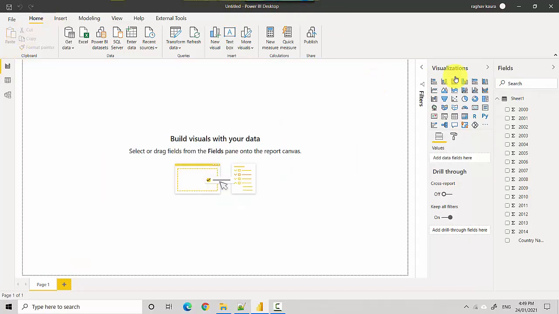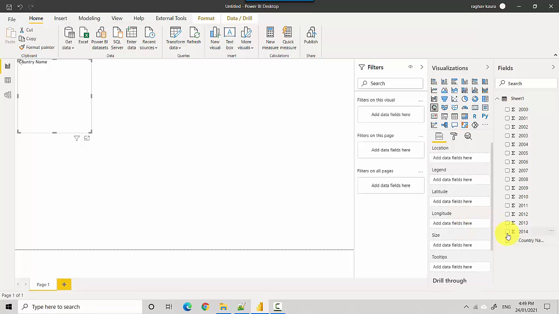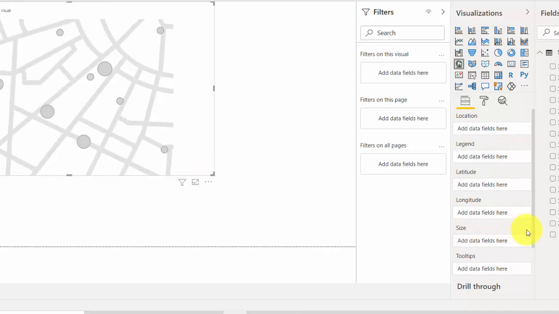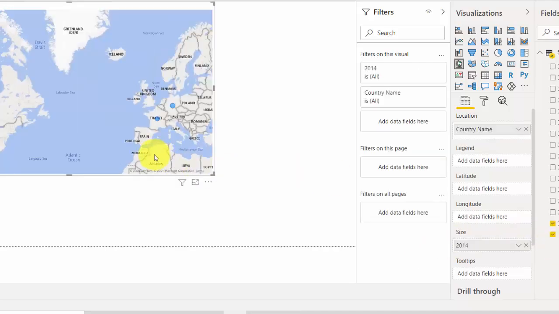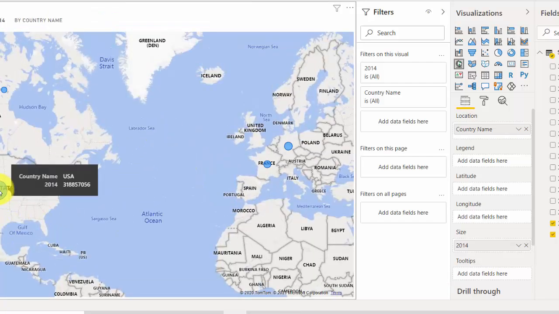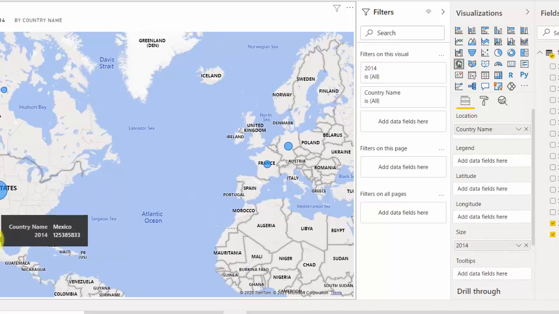You can see here on the right hand side, it is showing us the population by country name. So I'll just select the country name, and then I'll select the population for 2014. Now let me just maximize this, and you can see the population of different countries for 2014. Similarly, we could add more. Essentially in this video, we've learned what a query means in the context of Power Query. It is a set of steps, which is a mishmash of extract, transform, and load in Power BI.